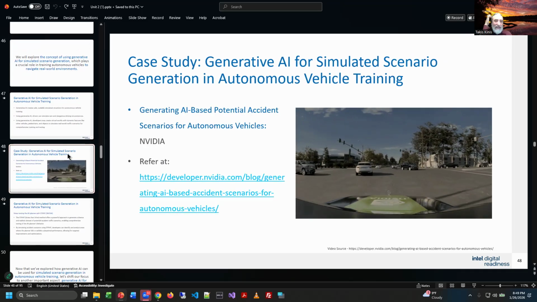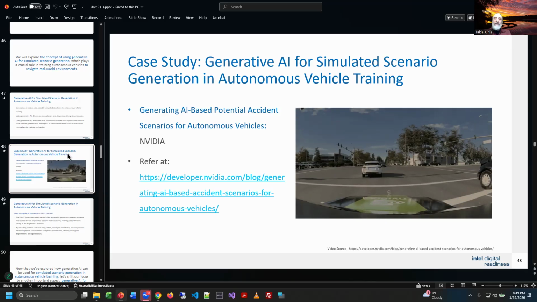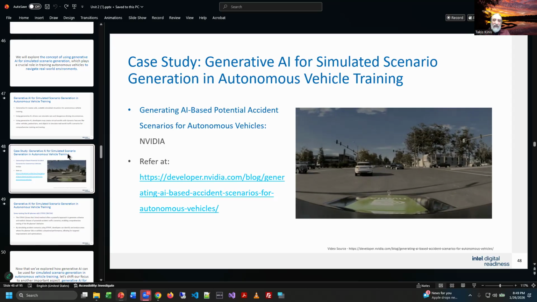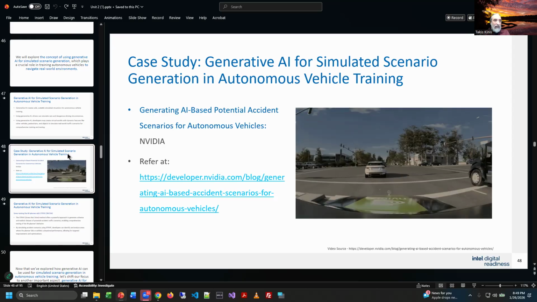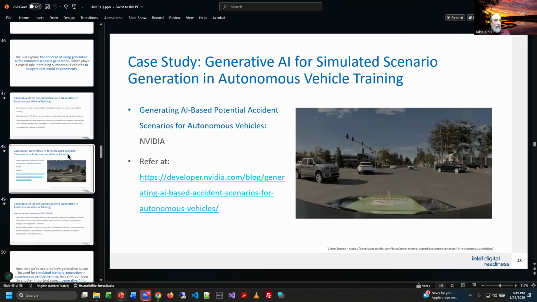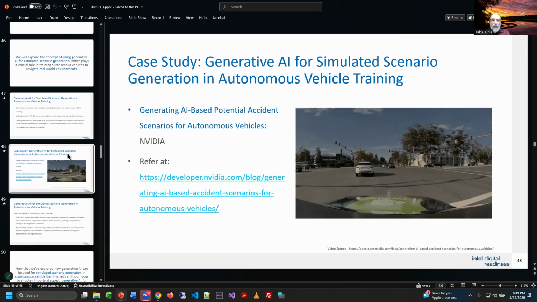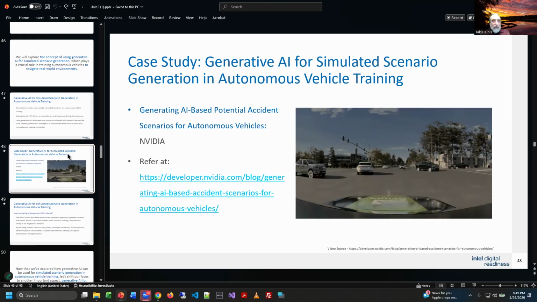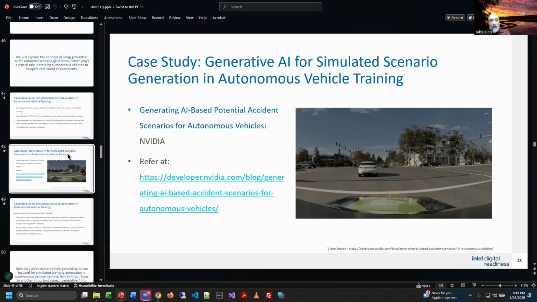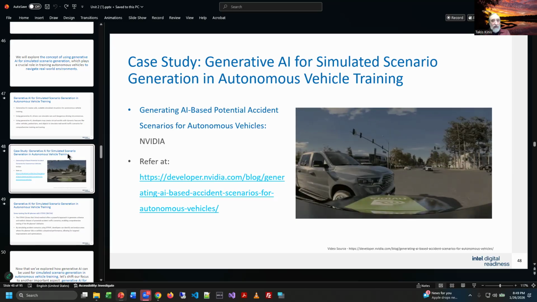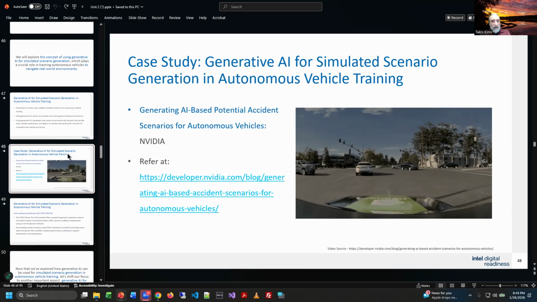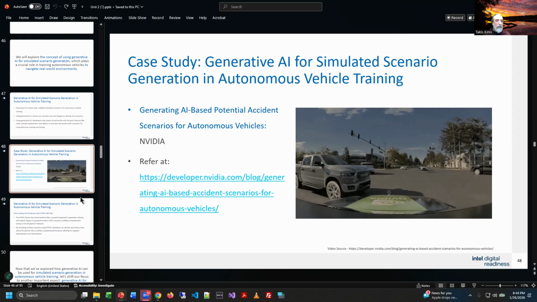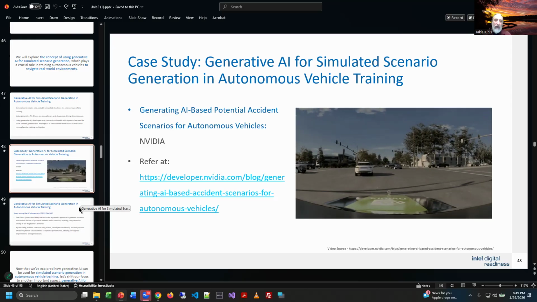I think what's fascinating, and they show this scenario here, right? The guy's driving through the intersection, and there comes somebody unexpectedly, like, oh my God, what happens? And you can never predict what the other person's going to do. You don't know if they're going to blow the light or even if they even saw the light. And then what happens here? Did this car stop? We really don't know. Right? This is a very iffy type of situation.